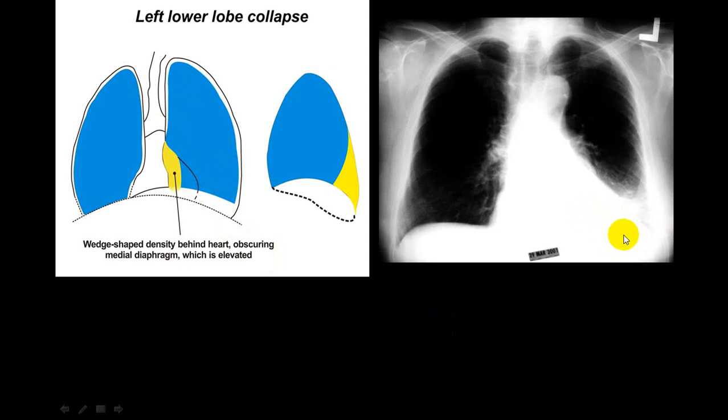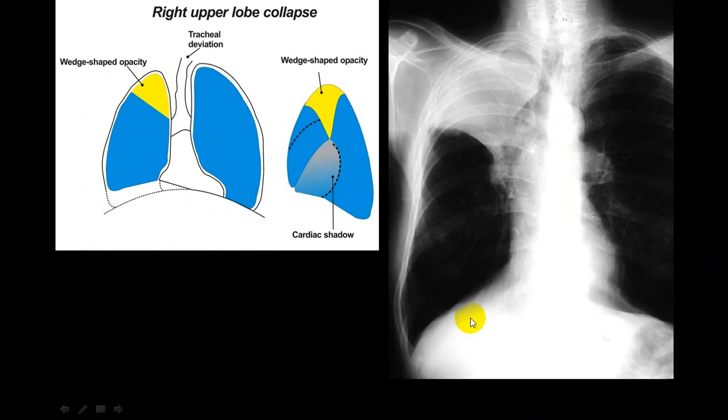To differentiate from pleural effusion, we will have to look at the trachea. In a case of a collapse, you will see a sharp margin. What we call a crescent shadow will be absent. In a pleural effusion, you will see that shadow. Costophrenic angle will be absent, and there will be no shift of trachea to the same side. While in a case of a collapse, there will be a shift of the trachea to the same side. So that helps you a lot to identify a collapse from pleural effusion.